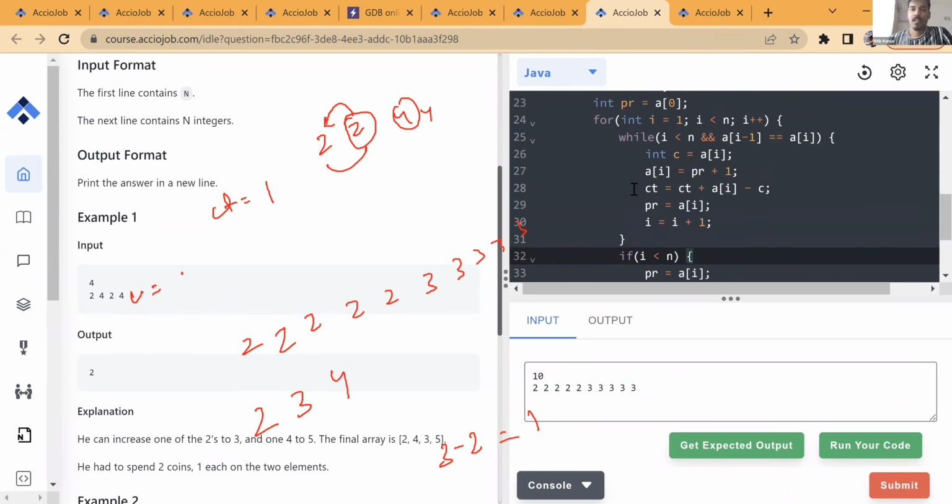Okay, let's check what we are doing over here. Firstly, we are checking if i is less than n. We are just comparing A[i] with i minus 1. This is fine. Here we are comparing. This is equal. So what we have to do is take the current number as A[i], which is 2. The count we are increasing as count equals 0 plus 2 minus